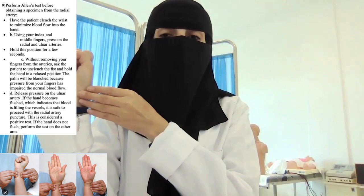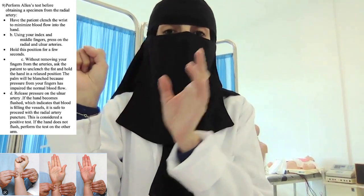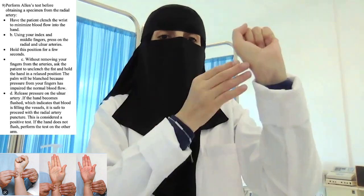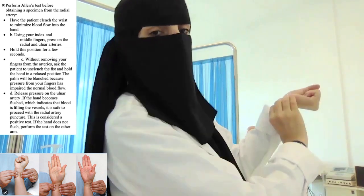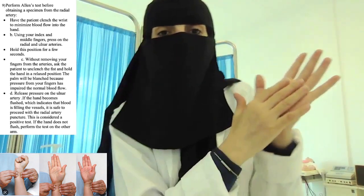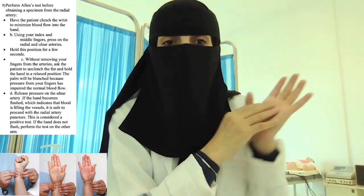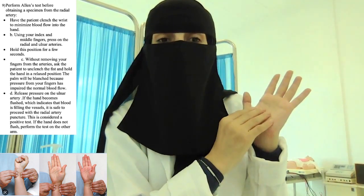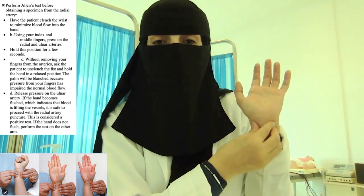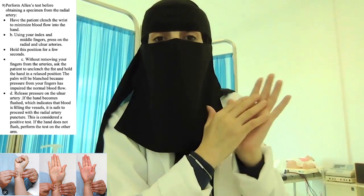يعني أضغط مدة 30 ثانية بعدين release the pressure from the ulnar artery. يعني ما أشيل الضغط من منطقة الراديال، لا أشيلها فقط من منطقة الألنر. طبعا لو شلتها من منطقة الألنر when the hand becomes flushed. يعني إيش flushed؟ يعني تبدأ يصير تحول لونها من اللون الباهت نتيجة إنه أنا قفلت السيركوليشن إلى بينك أو أحمر، معناته إنه الدم يوصل من منطقة الألنر آرتري بشكل كافي إلى اليد، فبذلك أستطيع إني أستخدم الراديال آرتري، لأنه إحنا